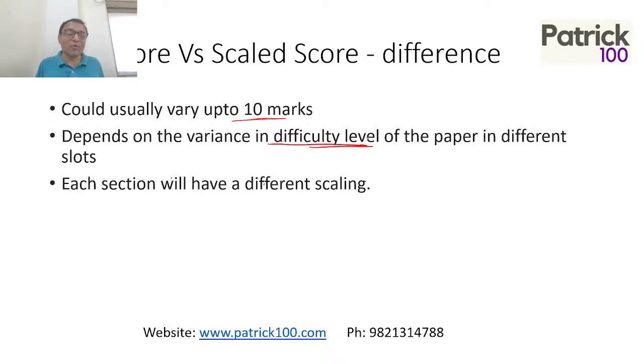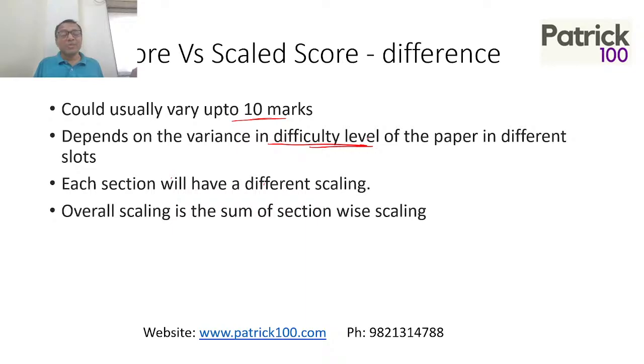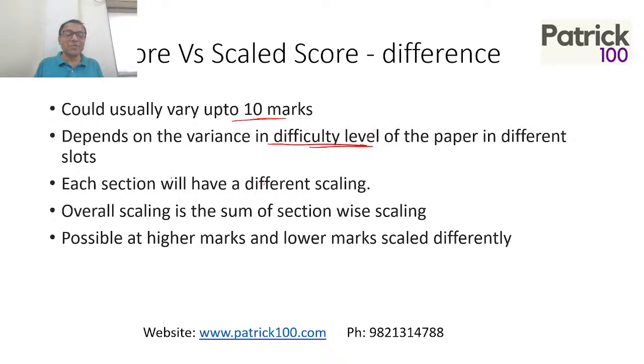Basically it depends on how people have performed. It doesn't depend upon what you see the topper scores, etc. You'll have to wait for the whole scaling to come up. What people predict is not a very right way of predicting. You cannot really predict how the scores will scale. They will scale each section separately. There will be overall scaling, as well as section-wise scaling, and at higher marks and at low marks there will be different scaling.